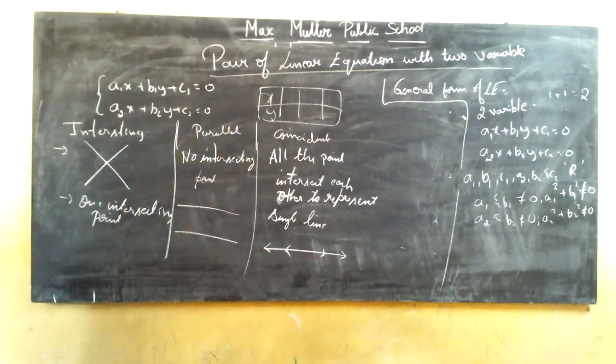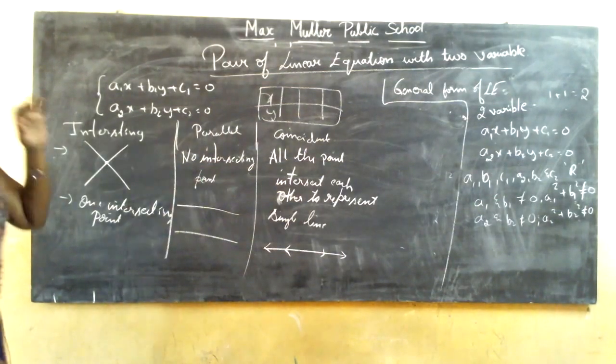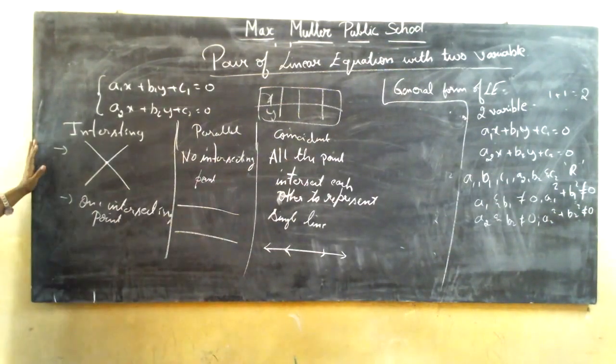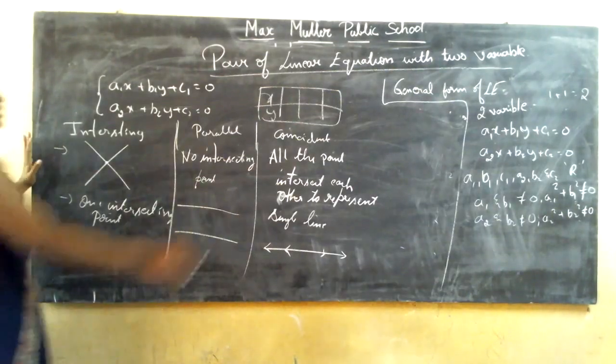Correct? Thus we had learnt in yesterday's class, that is the previous class, what are intersecting lines, parallel lines, and the coincident line. How are they represented? What is the condition when they are satisfied and when they are not satisfied? This is only using the general equation without finding the coordinate points.